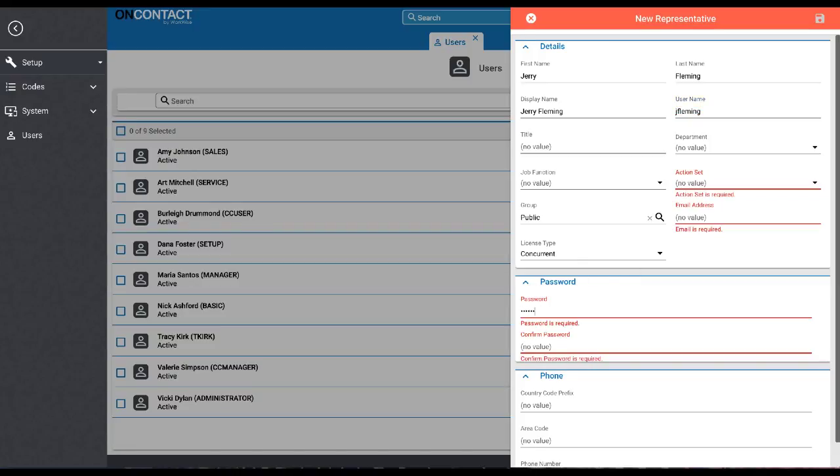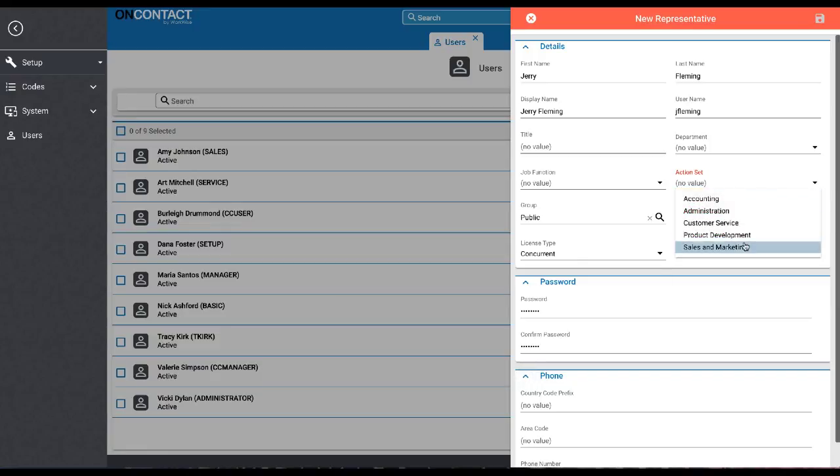Password is a minimum of 8 characters with a maximum of 128 characters. It is recommended to use a strong password with at least one small letter, one capital letter, one number, and one symbol. The action set determines the action codes the user will have on their action dropdown on the activity